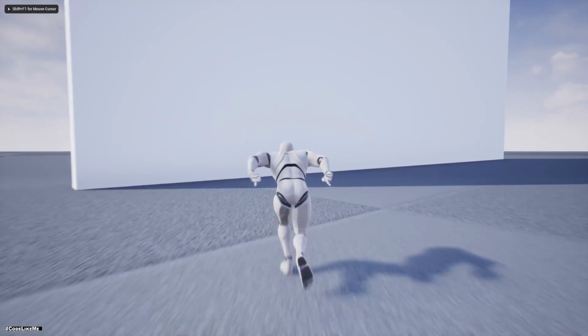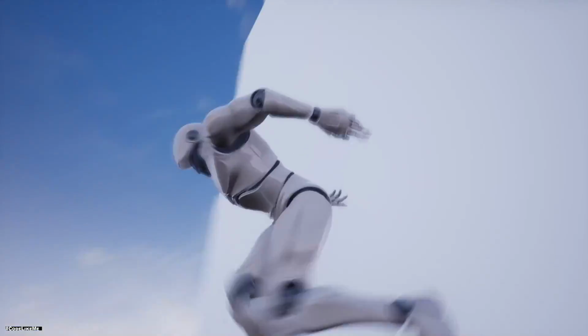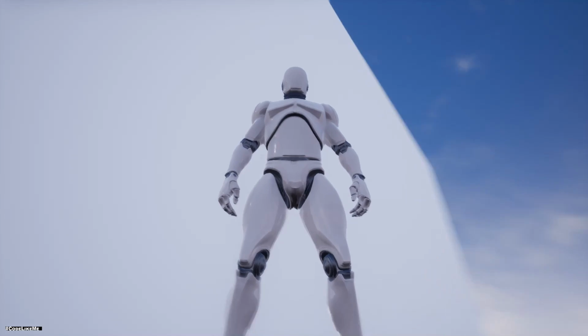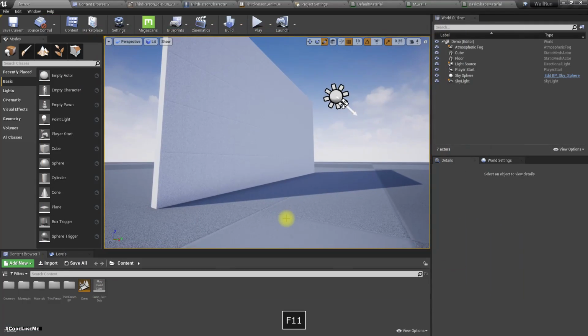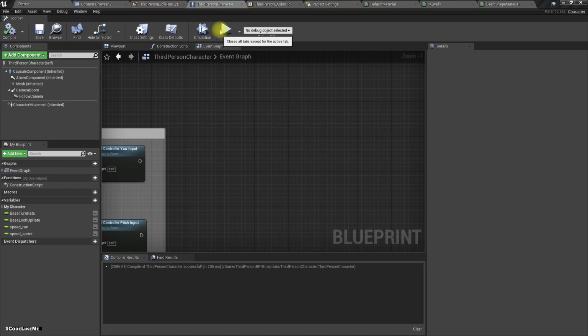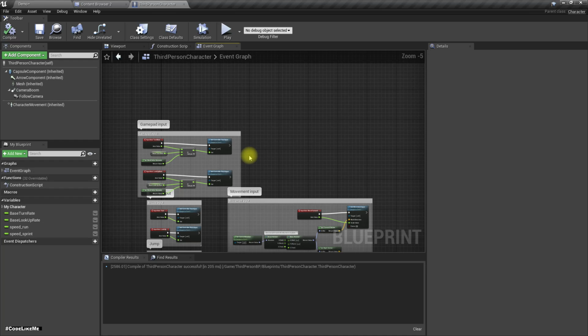Okay, so when I go there, if I jump and press shift, I should start running along this wall. Right, I changed the wall material like this. Okay, now I'll close other tabs except the third person character. I don't need the settings. Okay, now